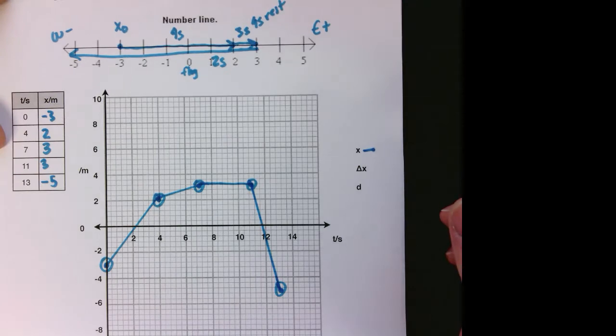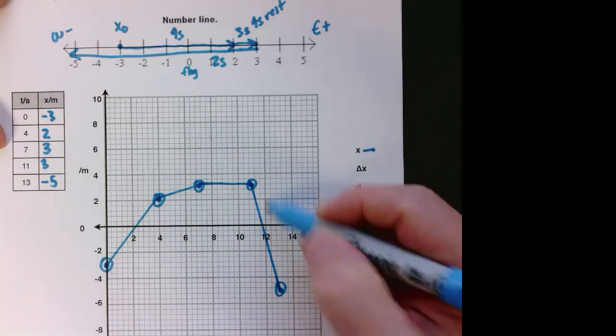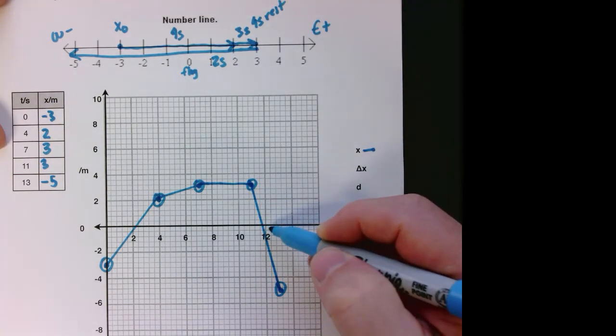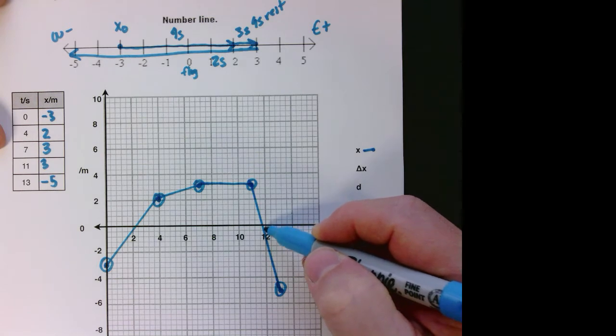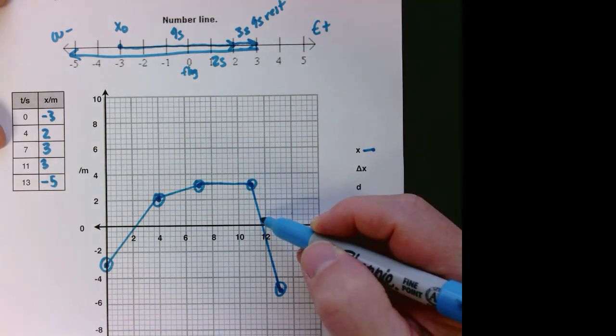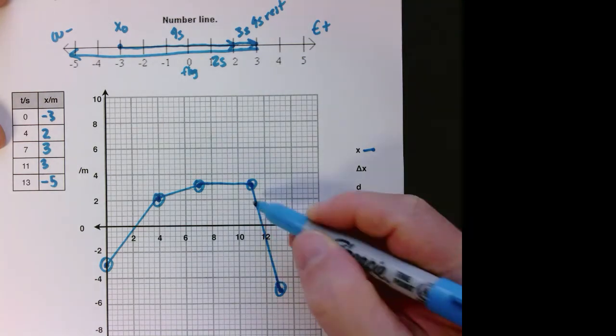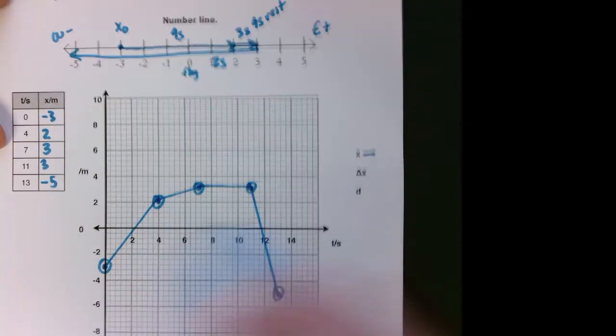So if we wanted to know where they were at time 12, our best guess was that they were almost to 0, and they were headed westward, headed in a more westerly position. You can see